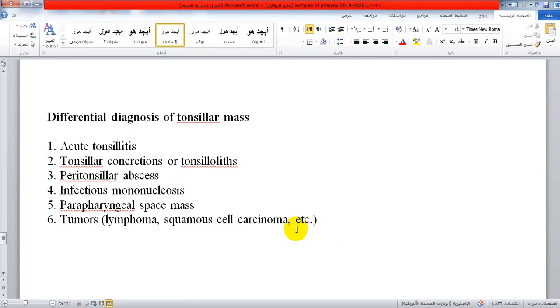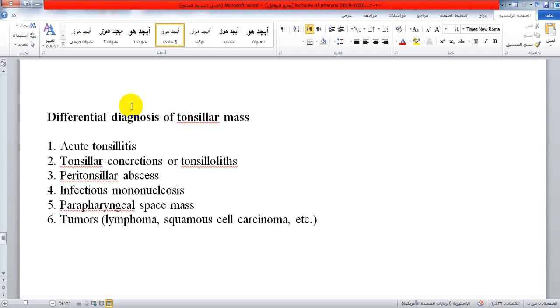Now we go to a problem. Many times we are facing a mass in the oropharynx, especially at the tonsillar area, and we must know the differential diagnosis of this mass. Sometimes a mass may be missed as acute tonsillitis. Other differential diagnoses of tonsillar mass,